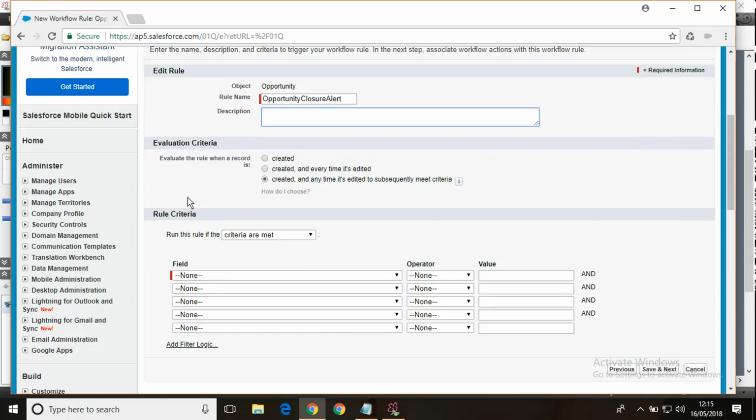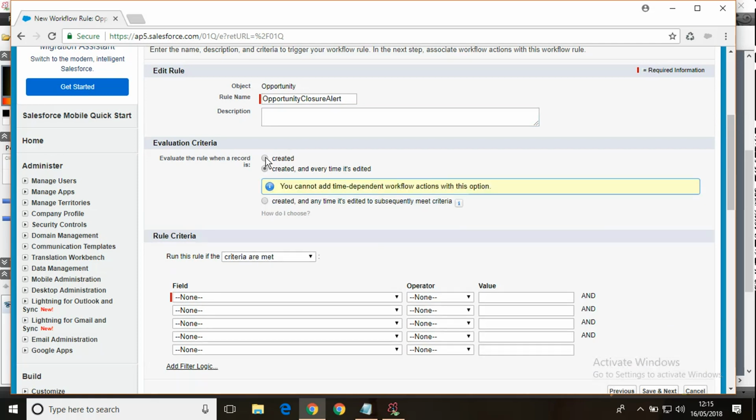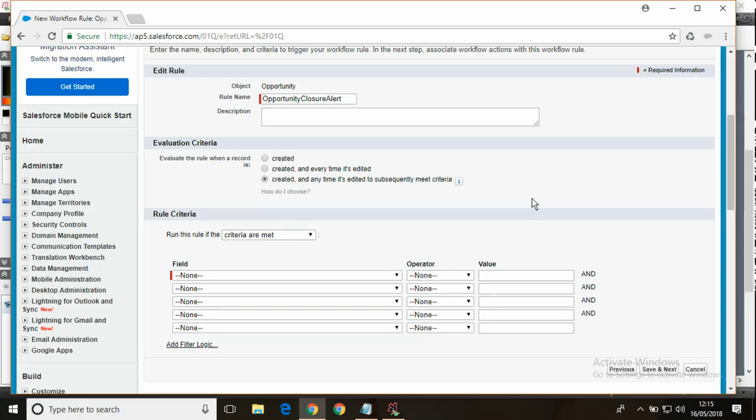Whenever we go for a time-based workflow, we should always select the third option. We cannot select the first or second one. We have to always go for the last one: created, and any time it's edited to subsequently meet the criteria.